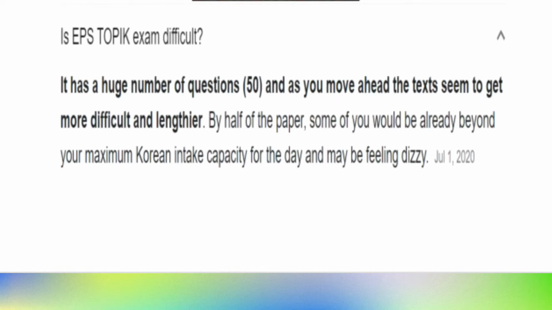Kasi kahit sa topic to yung nag-exam ako guys, kasi may writing exam din siya, no? So may reading, listening, writing. Tapos lalo na sa reading guys, pag doon naka-gitna ka na, yung mga susunod naman na mga questions is mahirap talaga. Kaya sabi nga dito, by half of the paper,